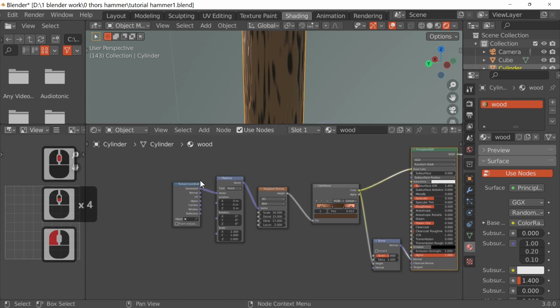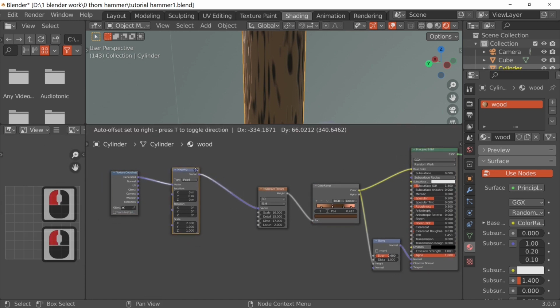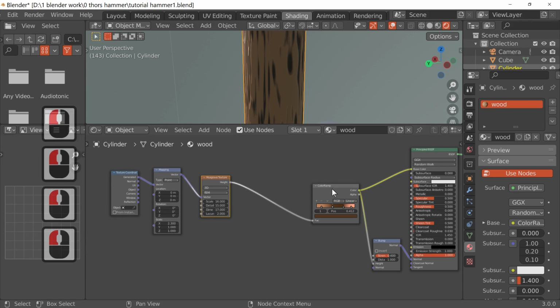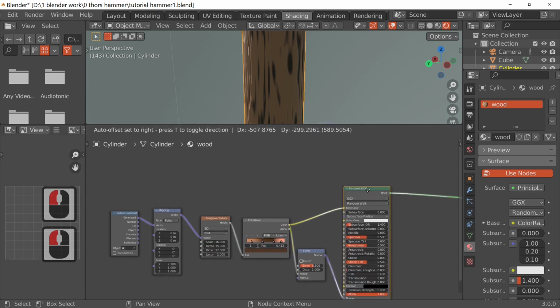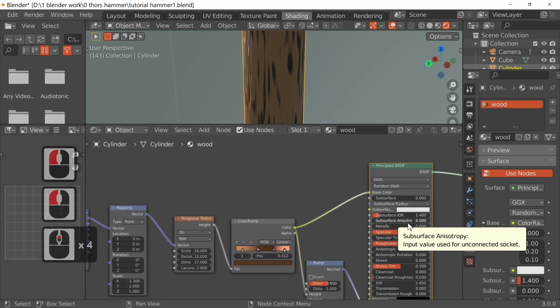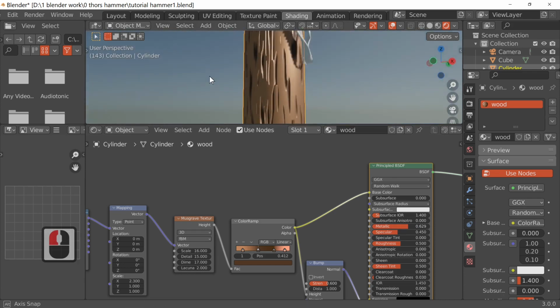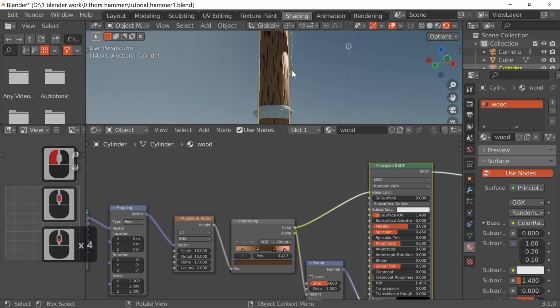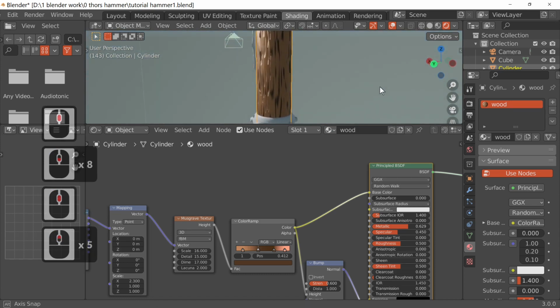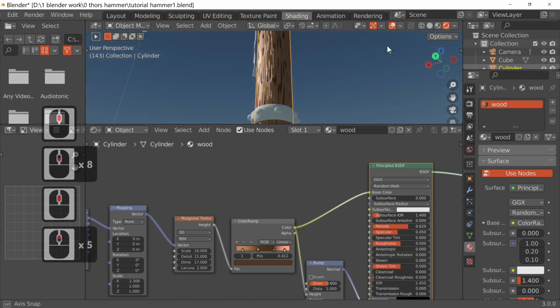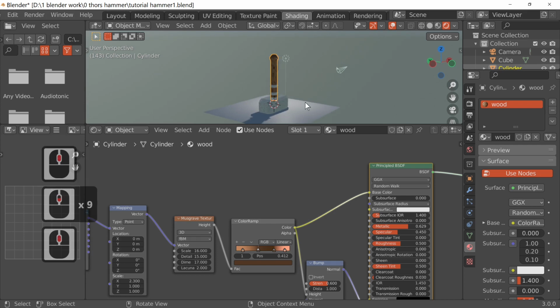And all we need to do now, I'll just move these over so we can actually look at them and focus on different things. And lastly, what we're going to do is actually increase the metallic just to make it a little bit more shiny. Oh, sorry, not specularity. Increase the metal just to make the material a little bit more shiny. And as you can see, now that looks like a gnarled wooden texture.